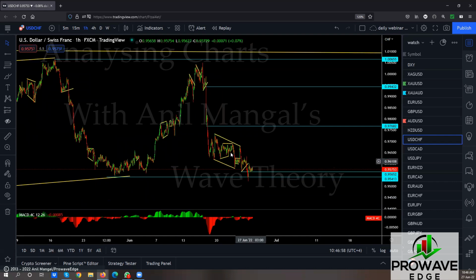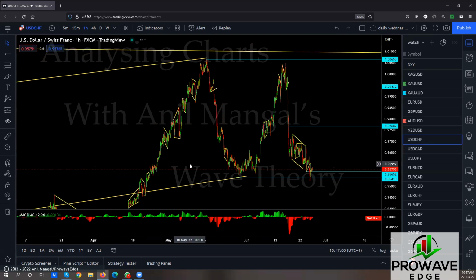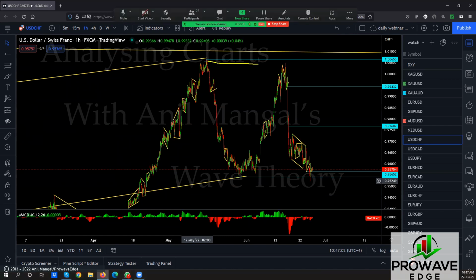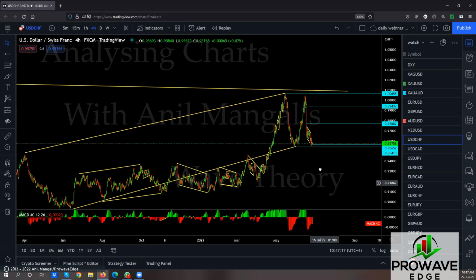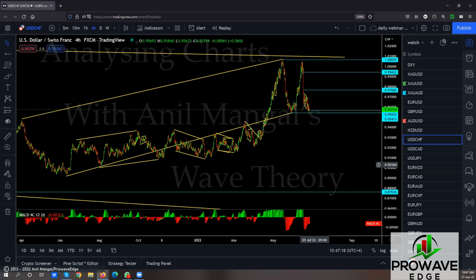So we tag the low and we're reversing, which is not a good sign, because in that case there's a good chance we might look at this as a flat of itself separately, and we'll make a new high before we come down back and go back up eventually. We still have to come down back for this one that is a running flat. This is a flat, right? If we look at this as a flat separately of its own,